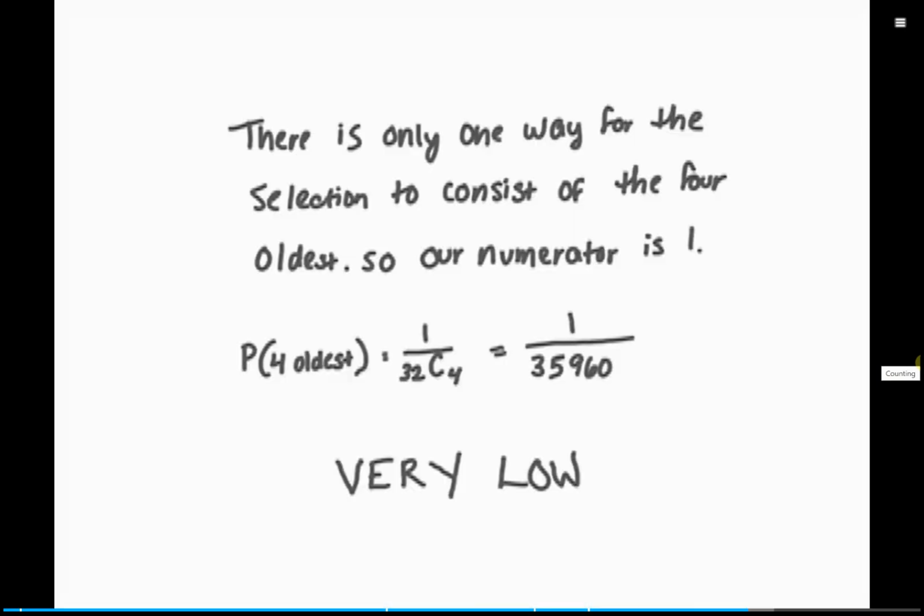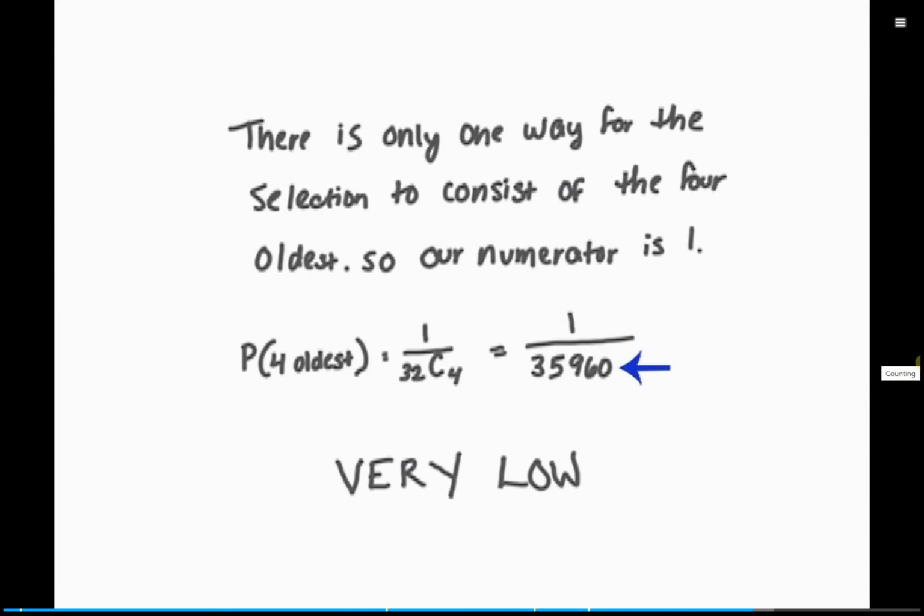So there's only one way for that selection to consist of the 4 oldest. So we know our numerator is 1, because either it's the 4 oldest or it's not. So there's one possibility there. And then what we have to look at is, out of the 32, how many different possible combinations of 4 are there? So we have 32 taken 4 at a time, and if you evaluate that, you get